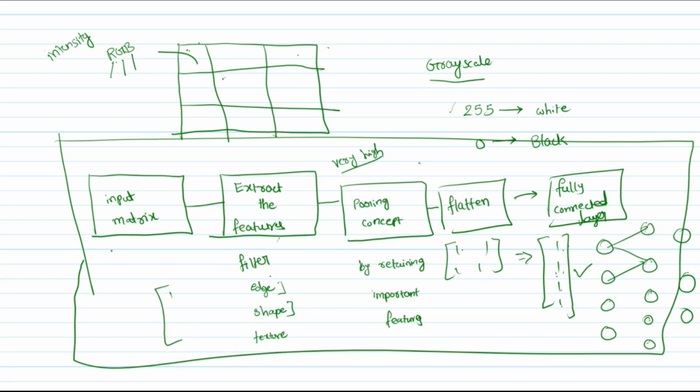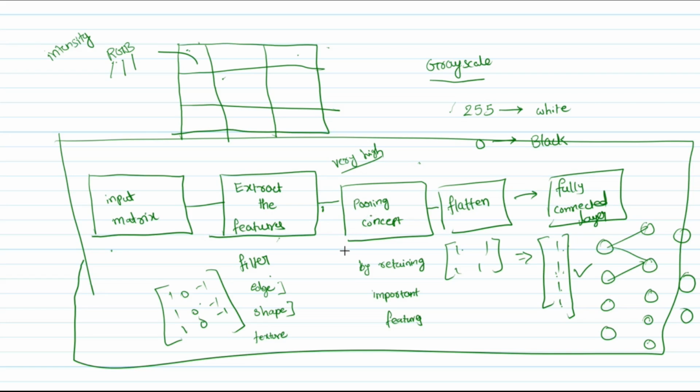So for example, if the filter is 1, 1, 1, 0, 0, 0, -1, -1, -1. Like this, there are several different filters available. These filters we have to impose on our input matrix to get the features. After this, even though the feature size is very high, we need to reduce it